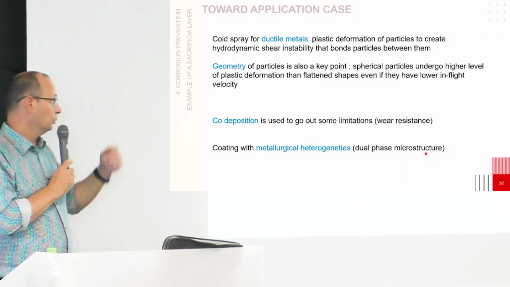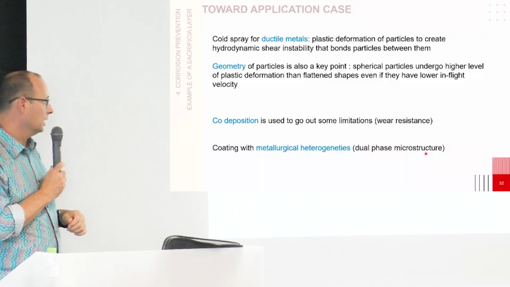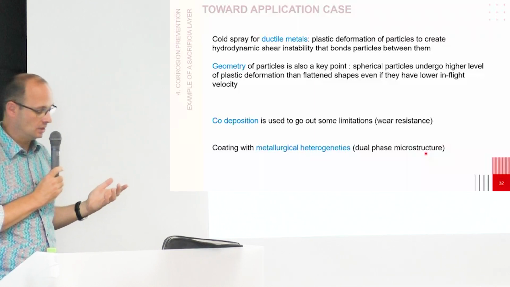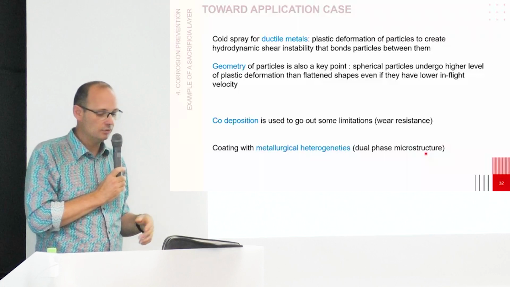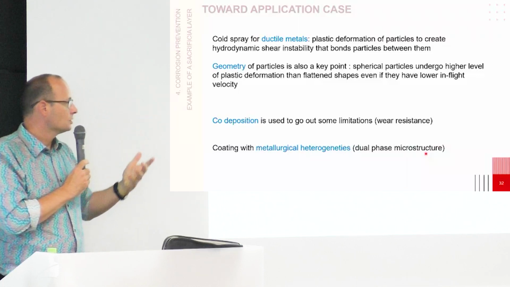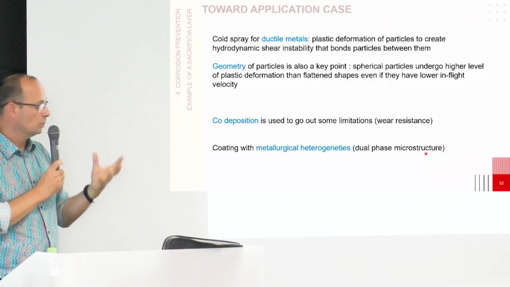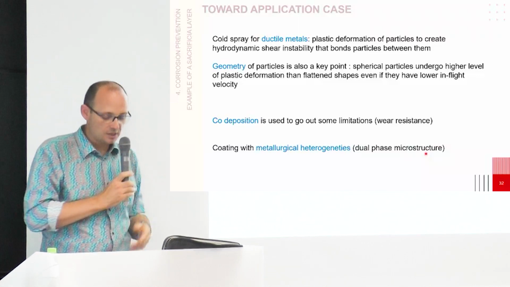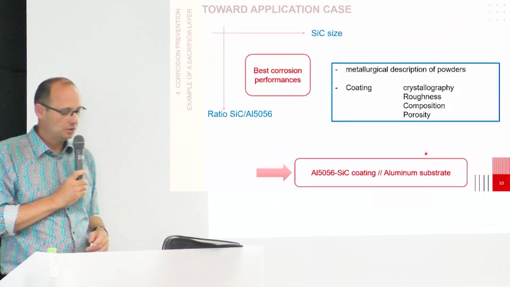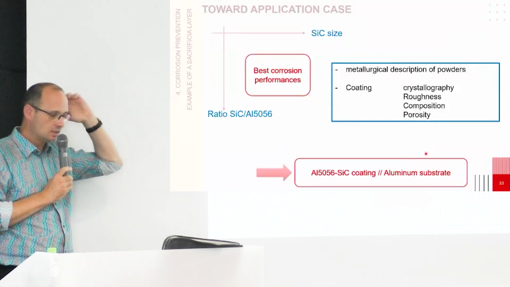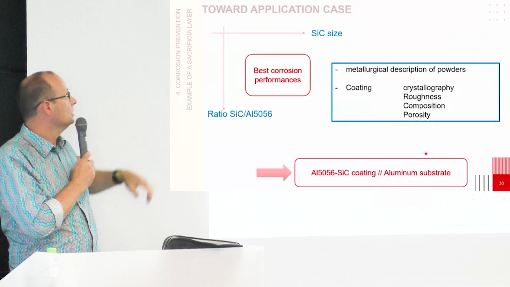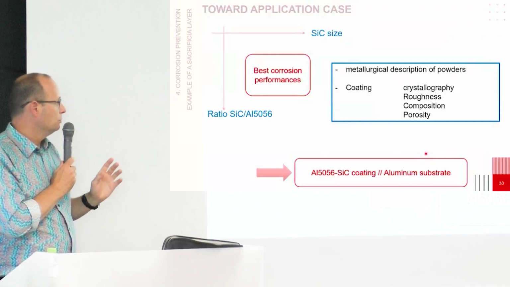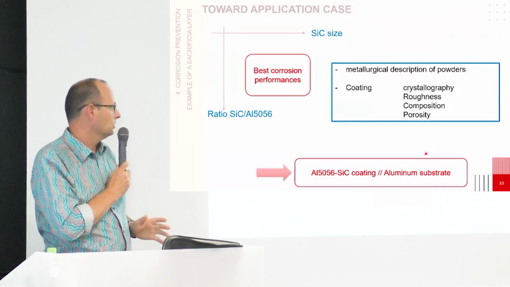The point is to improve this, you can have some mixing coatings. So in this case, you will have a dual phase microstructure. That means that you can mix powders between them and create or design specific coatings with specific properties. So in the case that I will report here, the idea was, okay, I want to protect an aluminum substrate